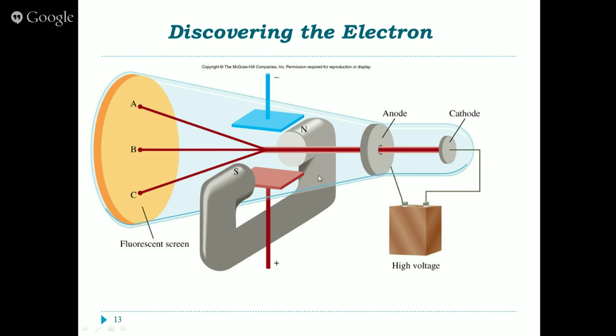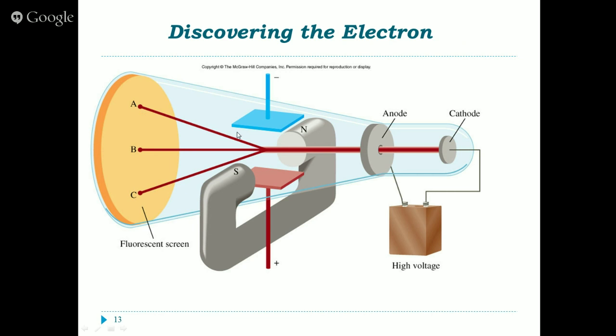We have two choices here. We can apply a magnetic field or we can apply an electric field. And depending upon the strength of these different fields, we see deflection in the way that the beam is traveling. If the beam is attracted to the force that is applied, we see that the electrons go towards it, versus if it was a negative field, we would see the electrons go away from it.